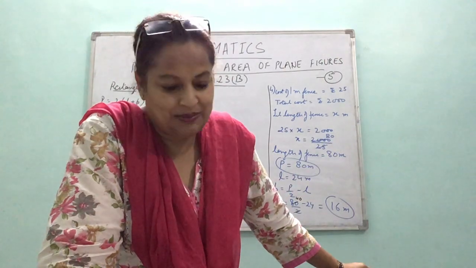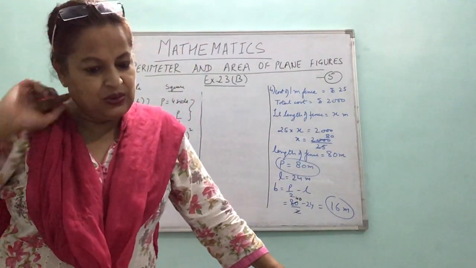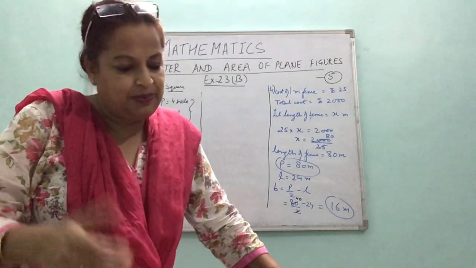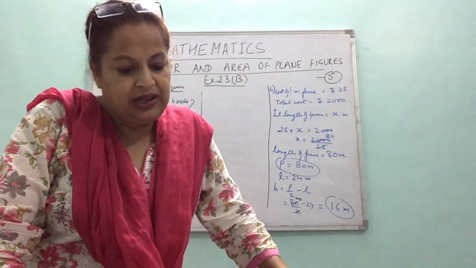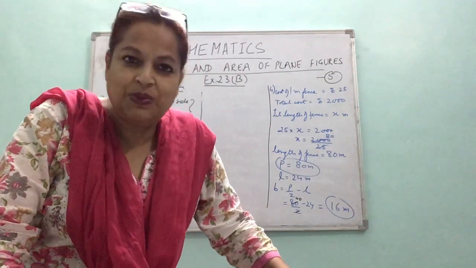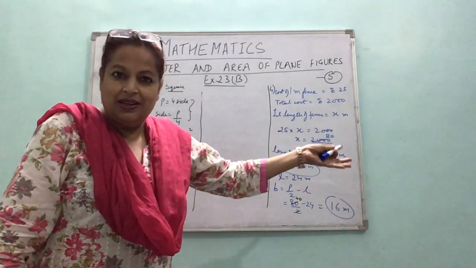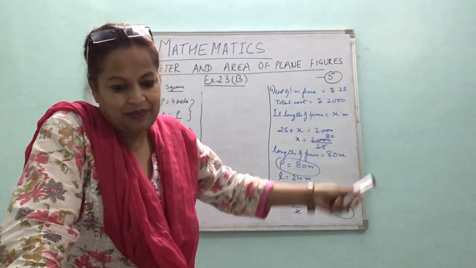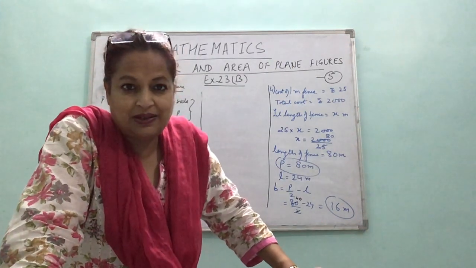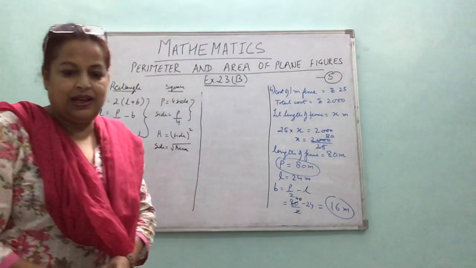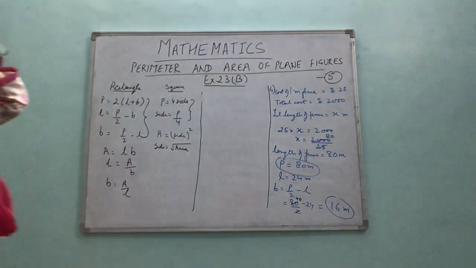Alright, so I am taking question number 6. The cost of fencing a square field at rupees 30 per meter is rupees 2400. Just like question number 4, exactly like question number 4. You have to find the side of the field. So we'll get what, children? Perimeter. So I can skip certain steps in this, right?